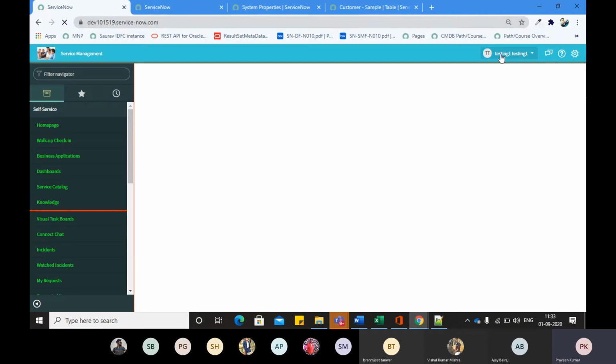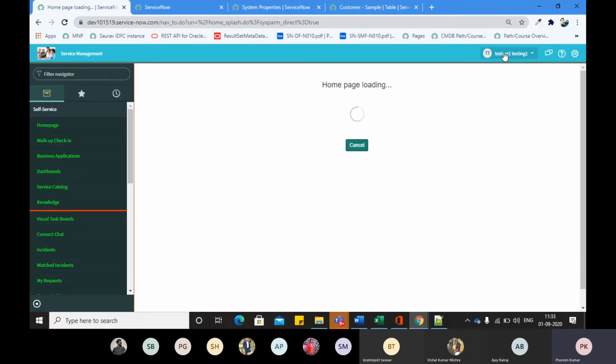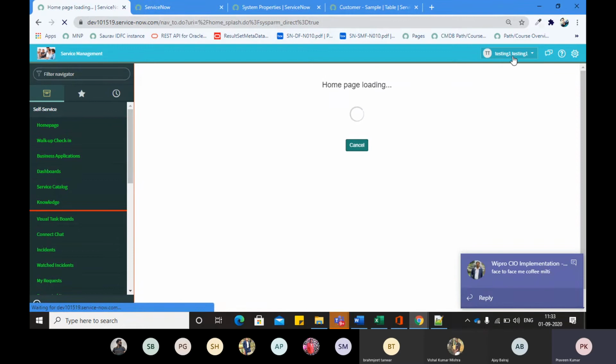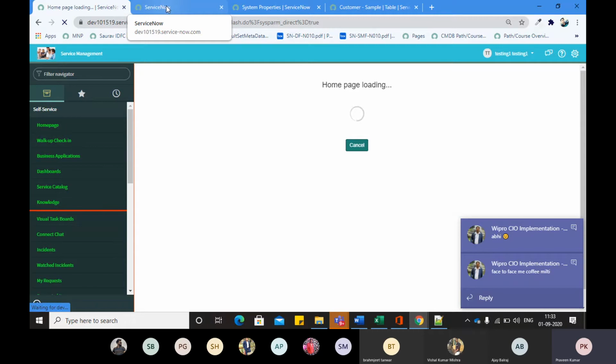As soon as I impersonate the testing one user, who is an end user with very limited accessibility, and that accessibility is related to the snc_internal role, which is not a major role in ServiceNow, this person can't access it. As soon as I go back as the administrator, I will be able to access this table easily, right?